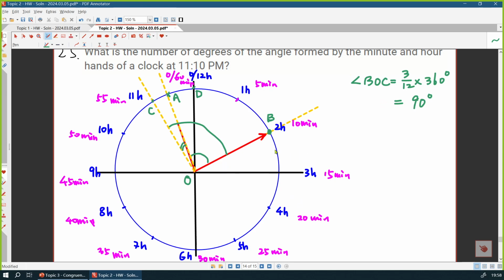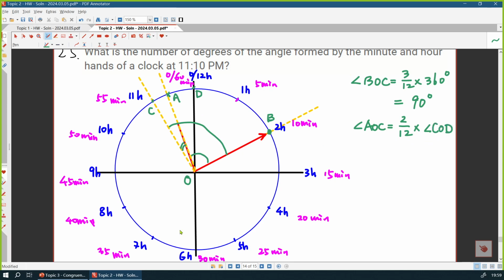So next, let's find angle AOC. Angle AOC equals, okay, that depends on where your minute hand is, right? Your minute hand has already passed 2 of 12 times 360 degrees, right? So that means your hour hand should already pass 2 over 12 times the angle COD,